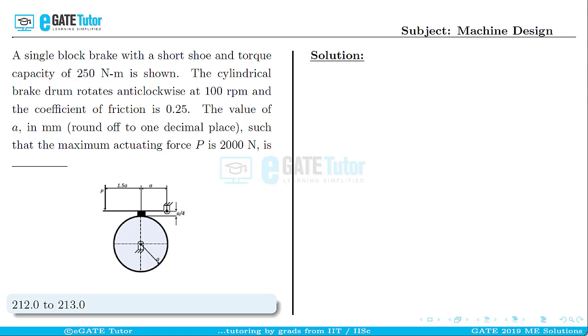This question is from machine design for 2 marks. A single block brake with a short shoe and torque capacity of 250 Newton meter is shown. The cylindrical brake drum rotates anti-clockwise at 100 rpm and the coefficient of friction is 0.25. The value of A in mm, rounded off to 1 decimal place, such that the maximum actuating force P is 2000 newtons is. So this is a question from design of brakes, and for this